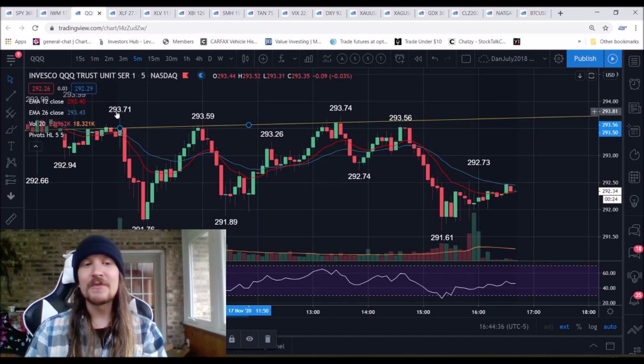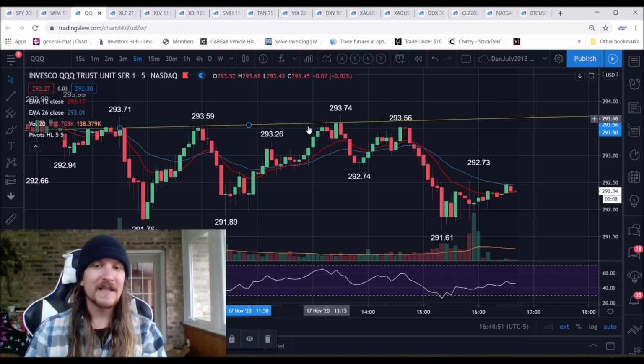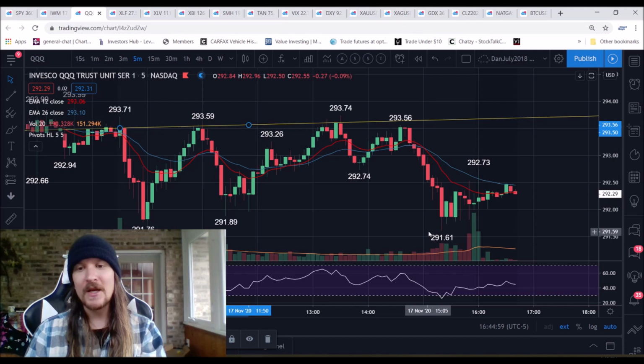So high of yesterday was 293.51, broke it by 21 cents, and then we dumped $2. V-shaped recovery right back to that level, rejected by 12 cents, dump $1.50 plus. Significant recovery back to the high of the day, double top by 3 pennies, solid dollar pullback, failed to break the high of the day by 18 cents, dump to the low of the day, down $3, make that $2,